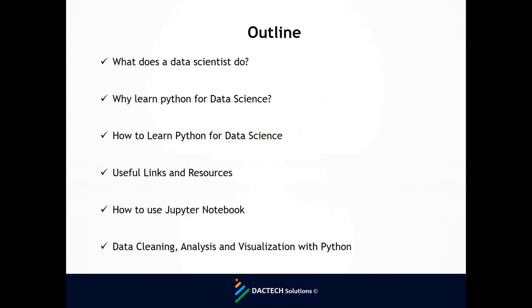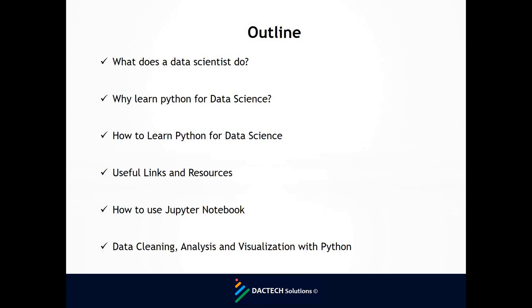Okay, this is the outline for today. We'll be looking at what a data scientist does, because if we say data science, it means a data scientist is someone that practices data science, as simple as ABC. So why do we have to also learn Python? How do we get to learn Python? How do we start learning Python? What are the useful links and resources to learn Python?